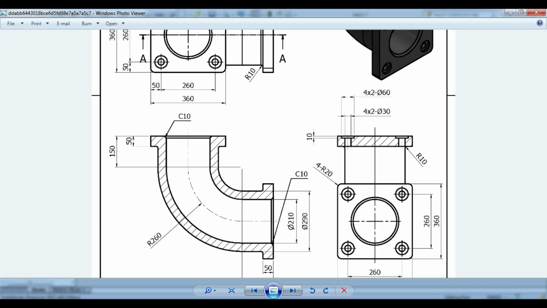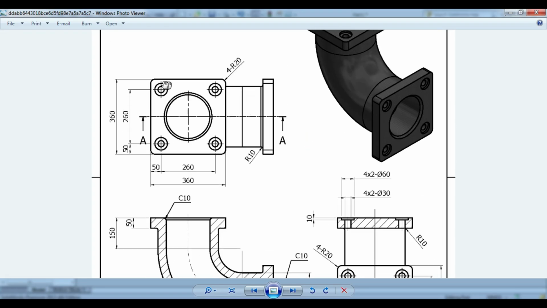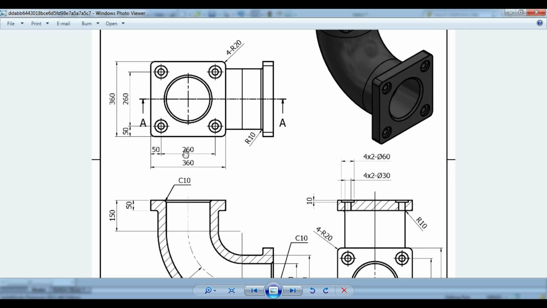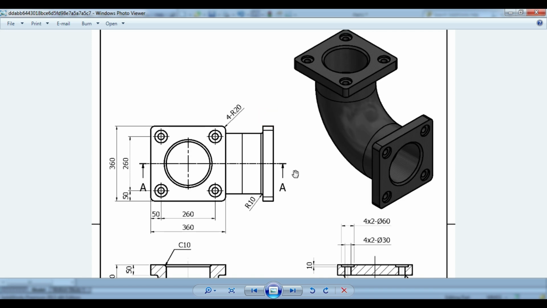After that, we will design the holes of the flange at a particular distance.